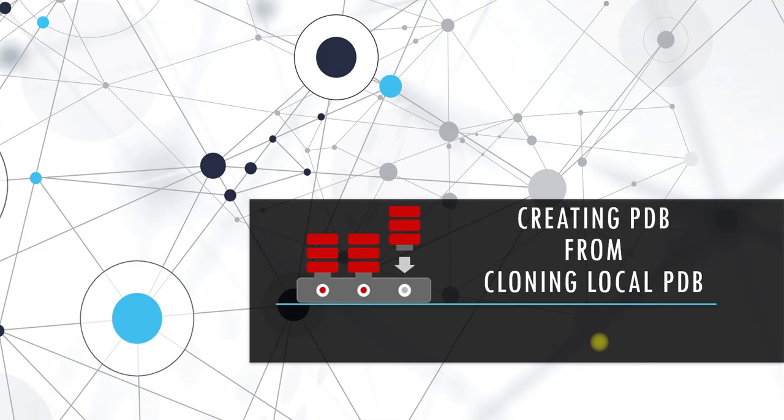The 6.3 actually demonstrates how to create a PDB by cloning a local PDB. So there must already be a PDB available in your environment. Let's say PDB1, and you want to clone that PDB1 to PDB2. This is the process we will be following. It's not different from what we followed when copying from the PDB seed to the new PDB. It's kind of similar, but you will see the slight difference. Okay, let's go to the next slide.